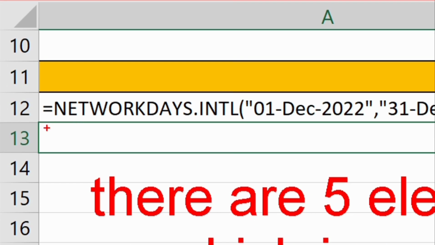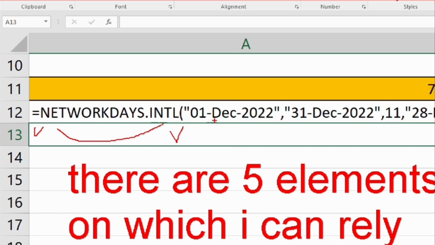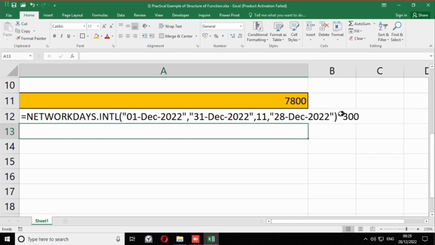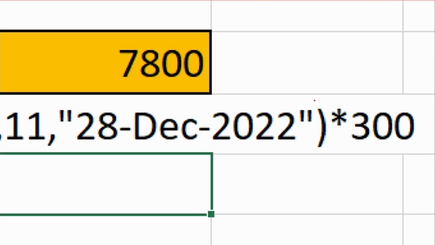You can see the first one is that each function starts with an equal to sign, then the function name, that is NETWORKDAYS.INTL, then the third element, which is the opening bracket, then the fourth element, that is arguments. So these are 4 arguments, 1 2 3 4. And the fifth point is the closing bracket, which should always be in black color, right? So a total of 5 elements get satisfied automatically while drafting these functions.